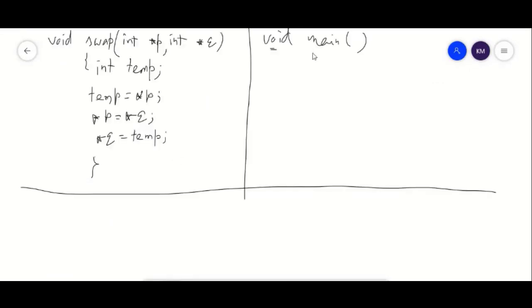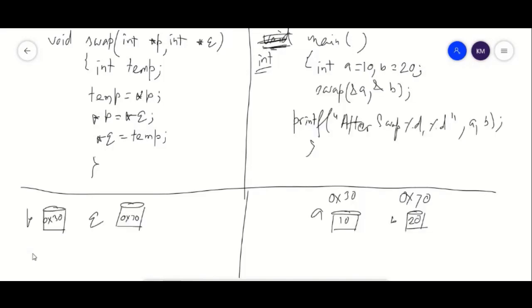So this void main is not every time legal, because in every other compiler they will ask you for integer type. So better not to use void. Why am I using it? Because in C programming, everybody normally writes void type of function. That's why I am writing it. But I will suggest not to write in this way. Try to write it down in int.